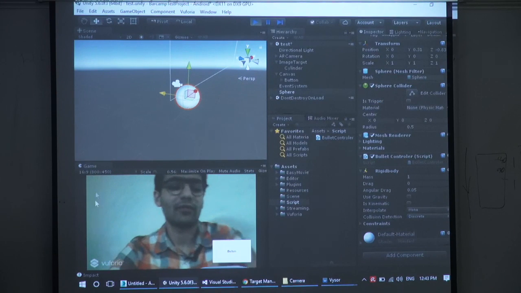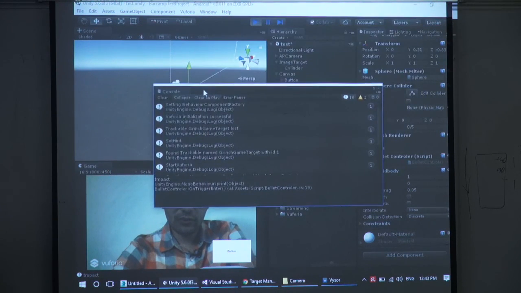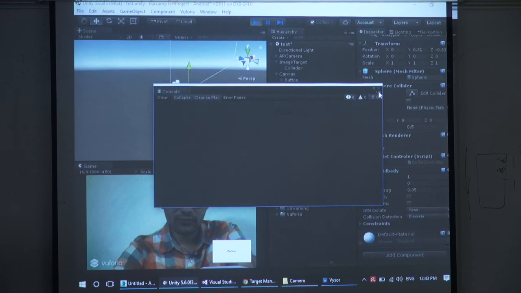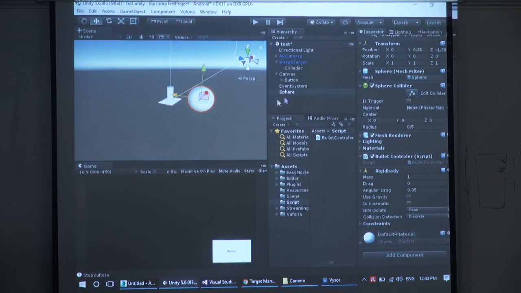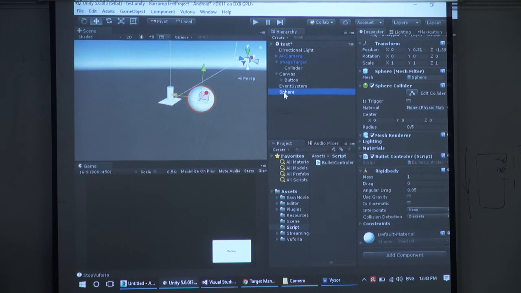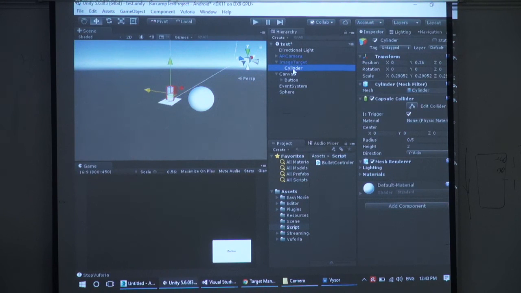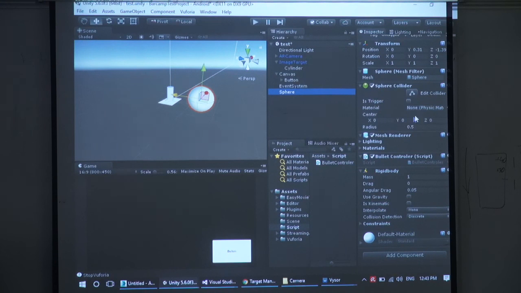Yeah, you're right. So again, we are just one time going back to the tip. This sphere is basically our bullet that we have added into the system. And the cylinder is the target that we want to hit. Both of them have the collider. It's basically the thing that is generating the physics on it, not directly, but part of it for impact and everything else. The sphere also has a collider, and also it needs to have a rigid body, as he said, and it